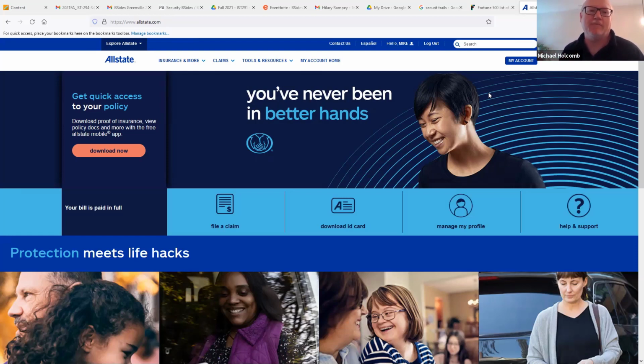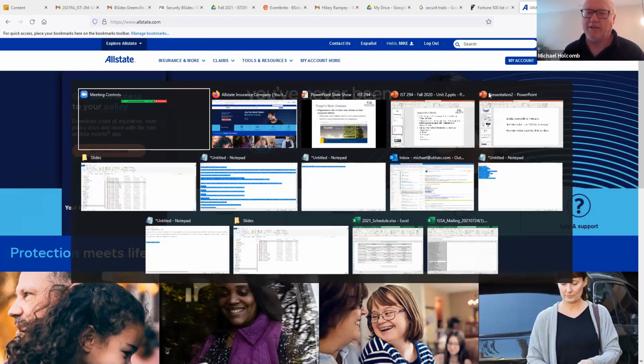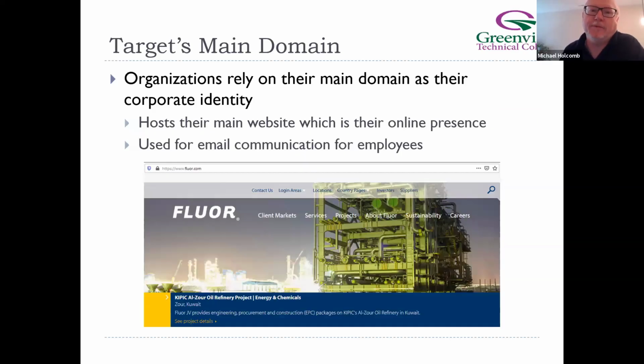So for these types of conversations, it gets a little bit tricky, so that's why I decided not to go there. But yeah, we're going to start with the main domain. And I know Allstate's not that exciting, but